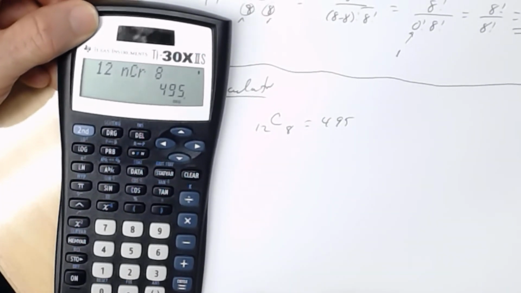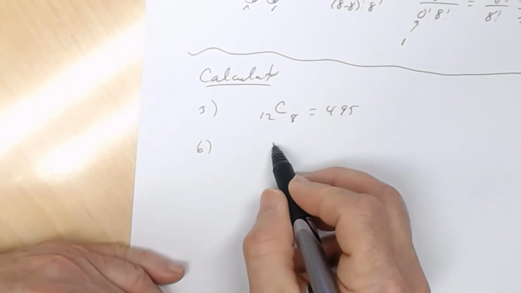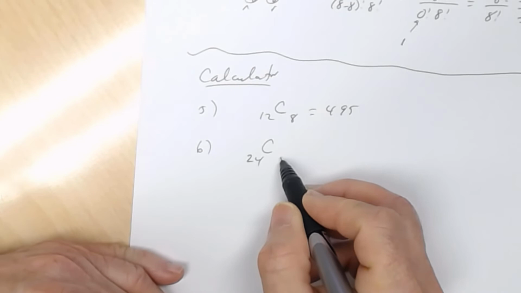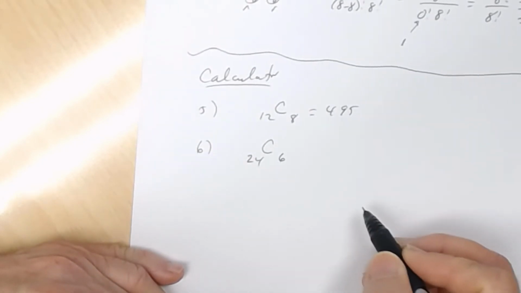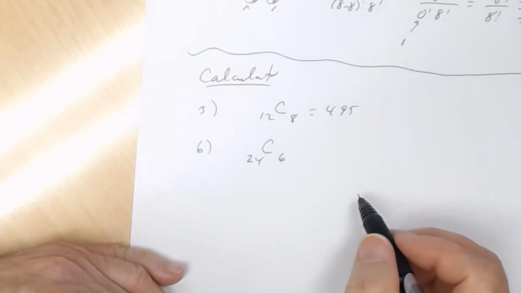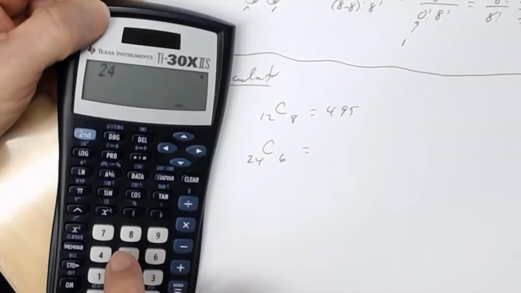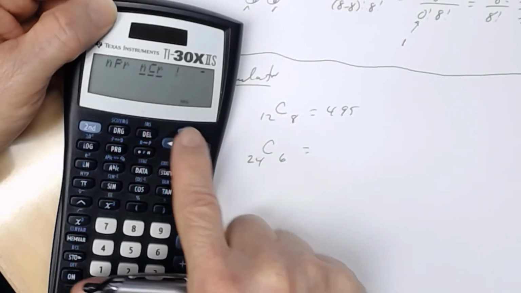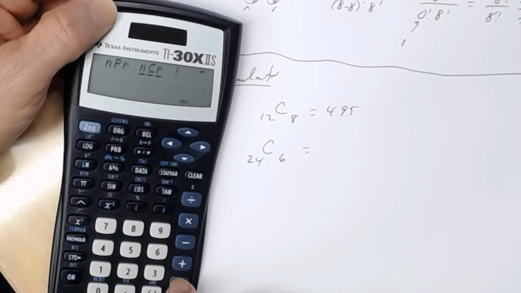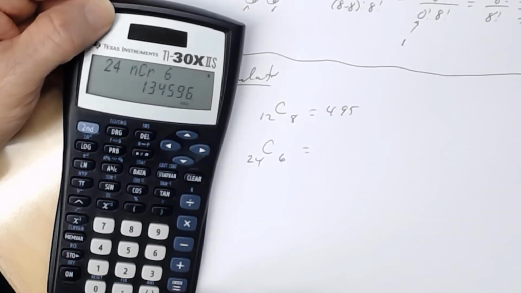495, okay? All right, number 6, suppose you had the number of combinations of 24 taken, let's say, 6 at a time. Number 24 taken 6 at a time. All right, so use your calculator. You're going to say 24, probability. Then you're going to move your arrow to the combination formula. Press equal. You want 6, press equal. You get